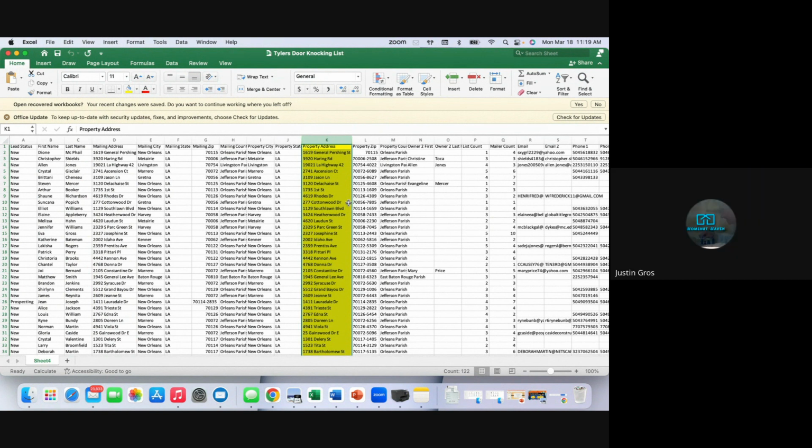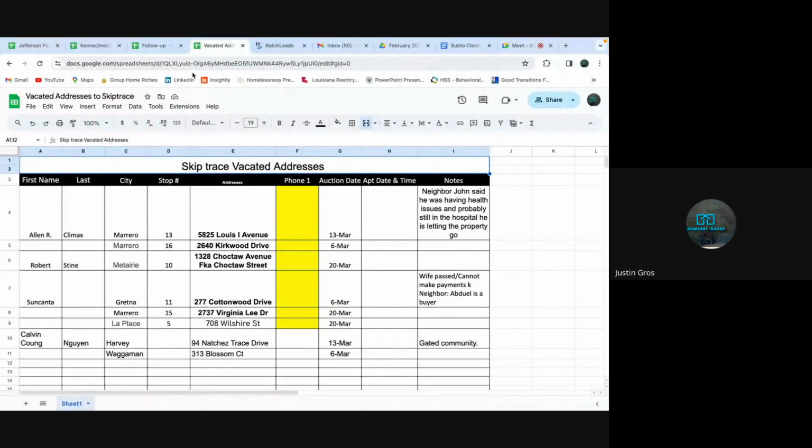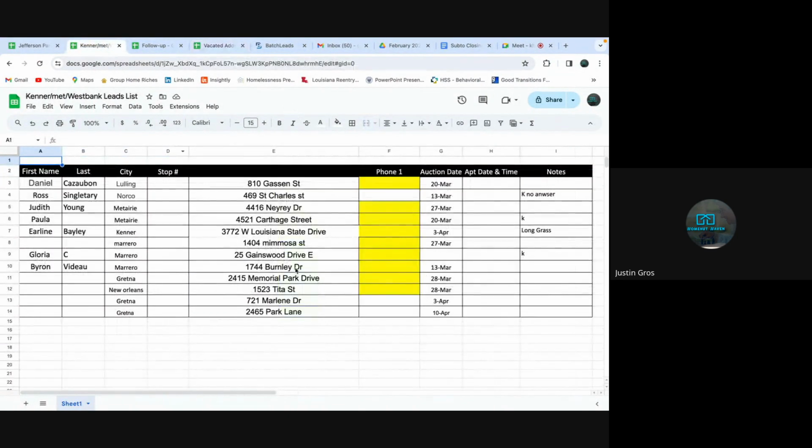That's kind of the process as of now. Like I said, when I go to auction.com, like today when we get off the phone, I'm going to pull all the new addresses and add them to this sheet, and I'm going to check the county and add it here. Some of these I have to update today.